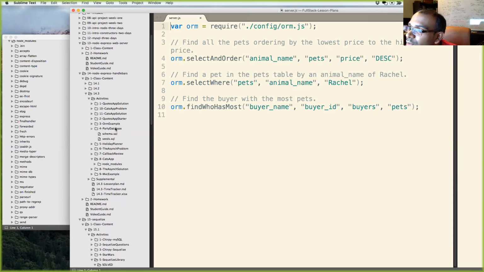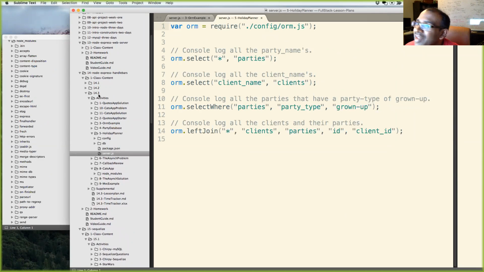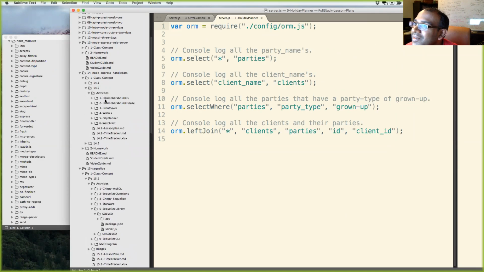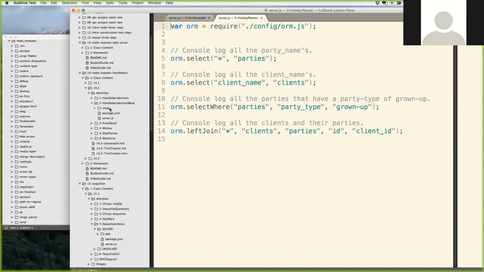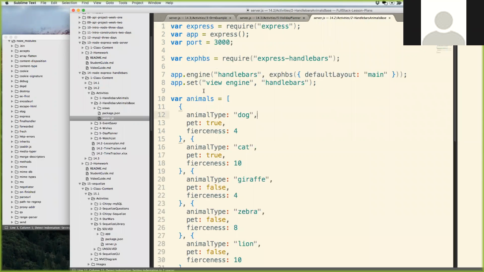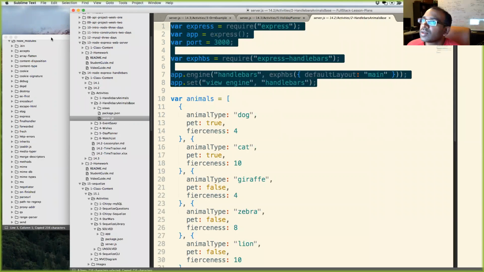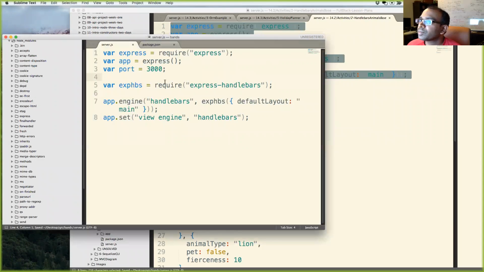Let me go into, not these. Here we go. And I will copy all of this over here. And I will save this, and this will break because I don't have this npm package installed.